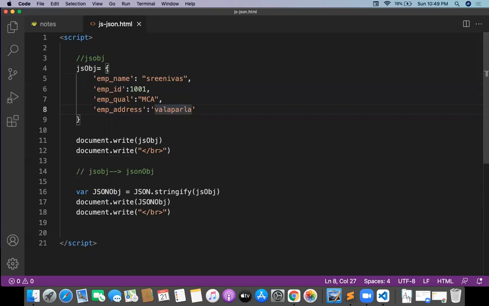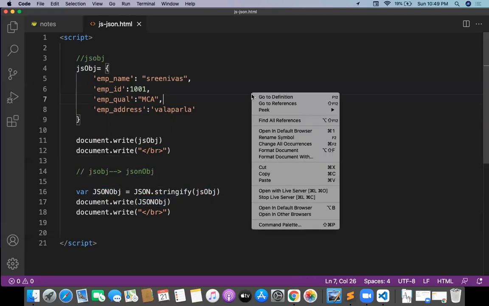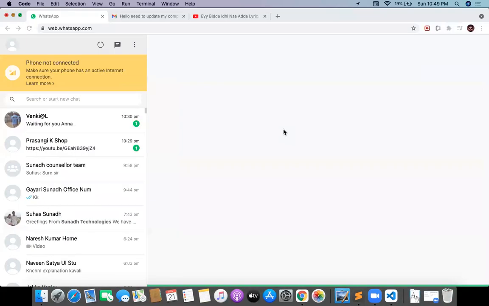Analysis of this program is, first I'm going to be creating the JavaScript object, then I'm printing the JavaScript object and working with a break tag. After that, we are converting JavaScript object to JSON object. JSON object is JSON.stringify, and this stringify is going to be working with a method called JS object. And finally, we got a JSON object is going to be printing. Let me try to work out what is output of this.